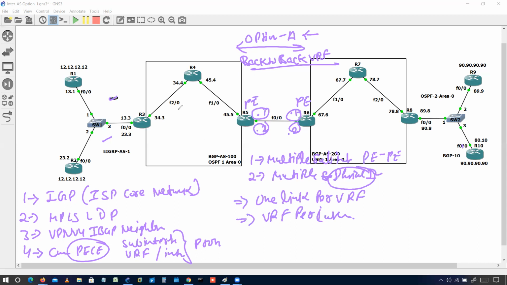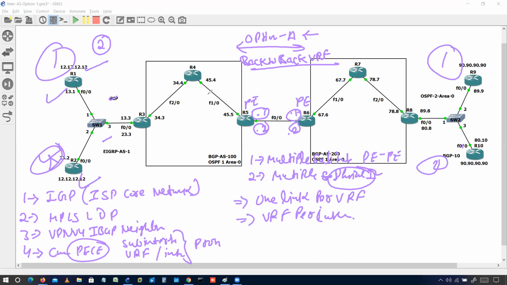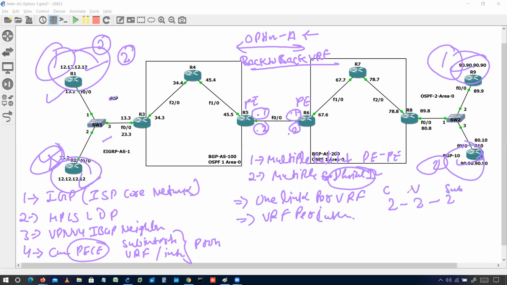per customer. So if we have, let's say, two customers, and right now we can see we have two customers, this is customer one, customer two. We'll be having the same loopback addresses here and here. So this user will try to communicate with this loopback address, and the same here. So if we have two customers, we need two VRF, two VRF and two sub interfaces. It means we need to have per VRF, per link, or per customer, right?